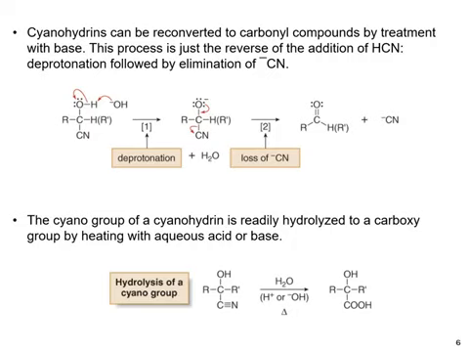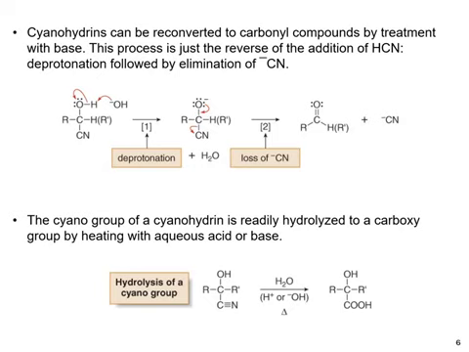Cyanohydrins can be reconverted to the carbonyl compound by treatment with base. This process is just the reverse of the addition of HCN: deprotonation followed by loss of cyanide. First of all, the base abstracts the proton, then the negative charge comes back to the carbon, and cyanide leaves and gives back the original